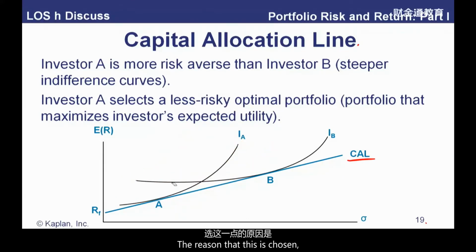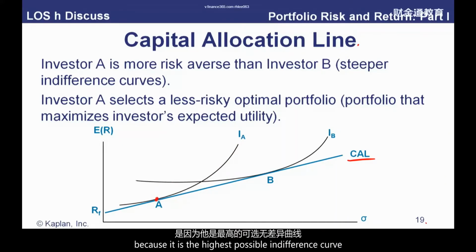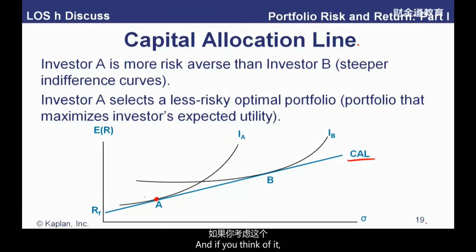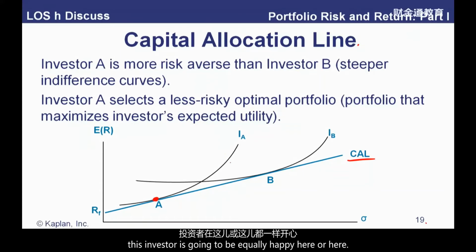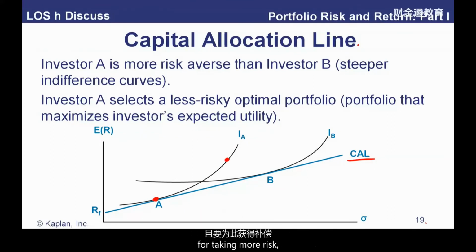The reason that this particular indifference curve is chosen is because it's the highest possible indifference curve that has a point of tangency to the CAL. And if you think of it, you look at the slope of this. Well, this says this investor is going to be equally happy here or here. But notice the steepness of the curve. That means to compensate this investor for taking more risk, you're going to have to give them a lot more return. Whereas over here, there's going to be a smaller spread between risk and return,